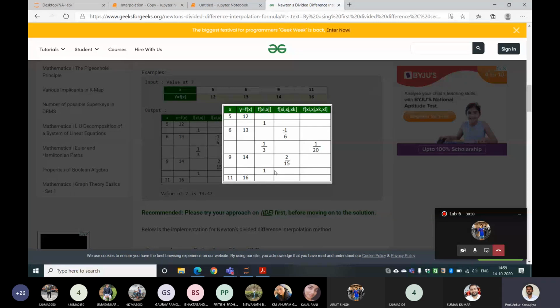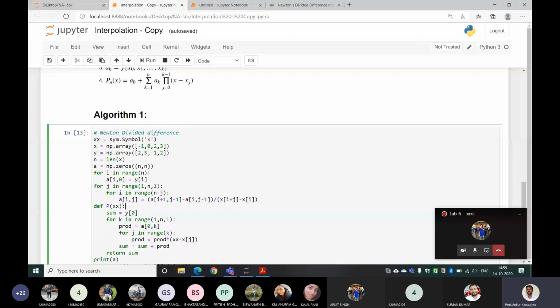Like x3 minus x0, 3, 3 difference. Here 2, 2 difference, x2 minus x0. In this entry directly this minus this, like that. So now we are calculating all the entries by using the previous entries. If you are in the jth column, then we will use the previous column entries, nothing but the j minus 1 column.